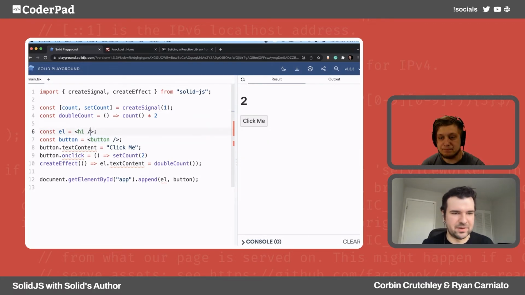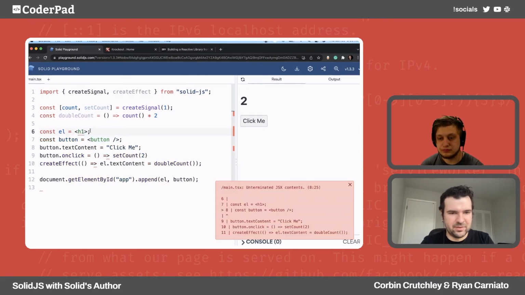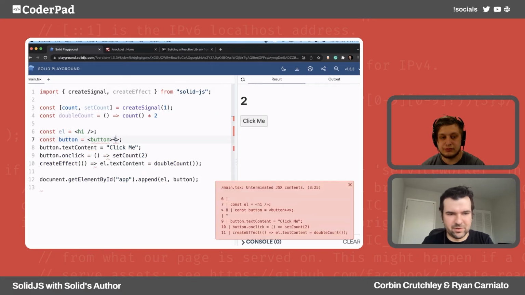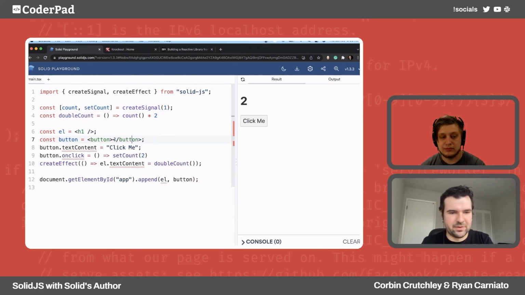Now we just have H1, and it's a little bit easier. For the text here it doesn't really matter, but for the button, I don't want to write it out. Why don't I just go like this and write "click me", and now I don't need this.